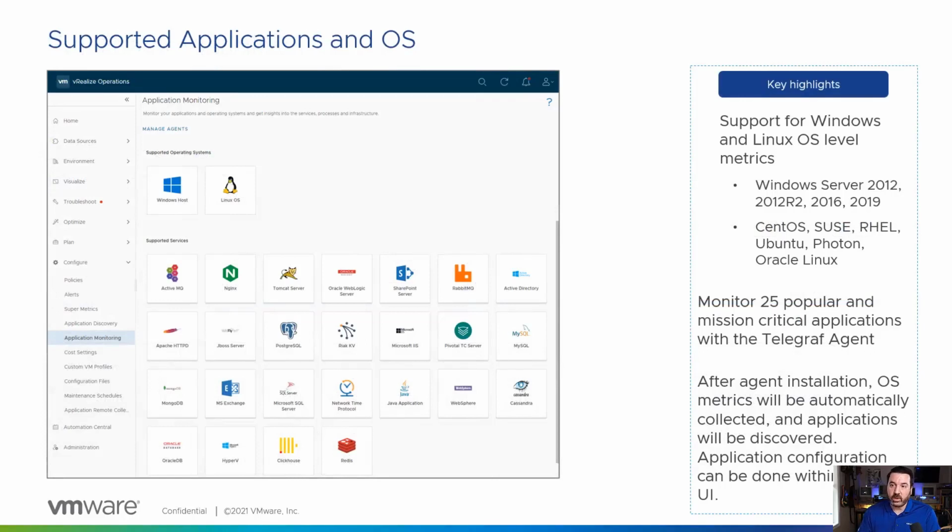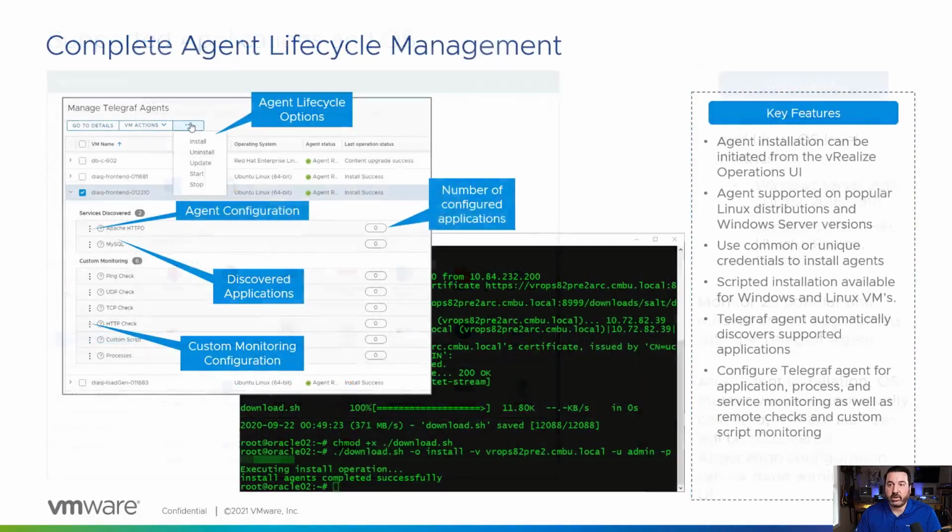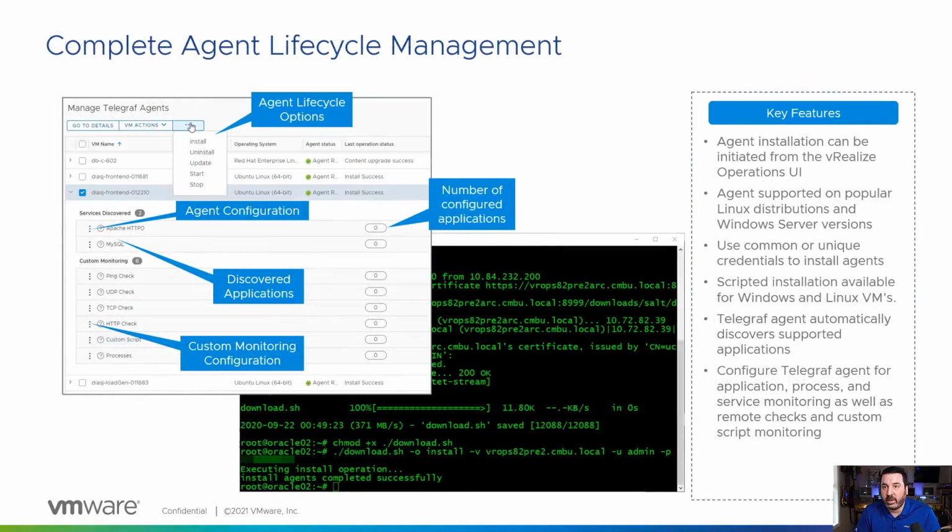So again, we have 25 of the most common applications available out of the box through the vRealize Operations Telegraf agent. Once we install that agent, we're automatically going to pull in those OS level metrics, and the Telegraf agent will discover what applications are installed on there. And then again, we support Windows and Linux OSs, and we've already covered what versions and flavors are supported. Now again, like I mentioned, there is the complete lifecycle of the agent, which is configurable within the